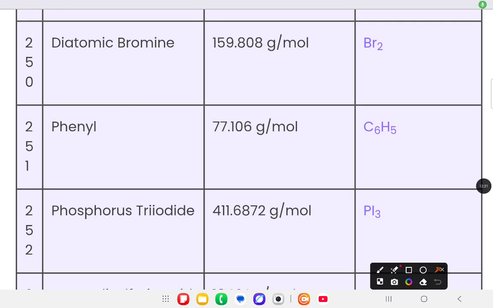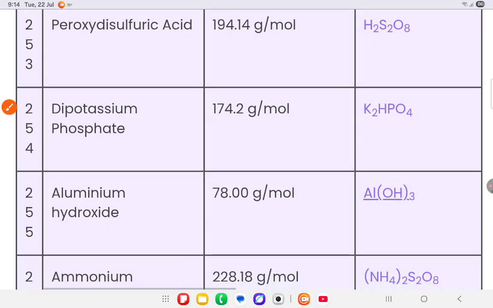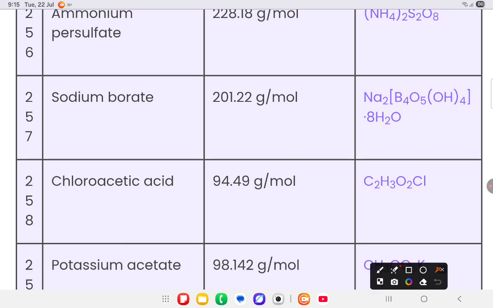diatomic bromine that is Br2, phenyl that is C6H5, phosphorus triiodide that is PI3, peroxydisulfuric acid that is H2S2O8, potassium phosphate K2HPO4, aluminum hydroxide that is Al(OH)3, ammonium persulfate that is (NH4)2S2O8, sodium borate that is Na2B4O5(OH)4 with 8 water molecules,